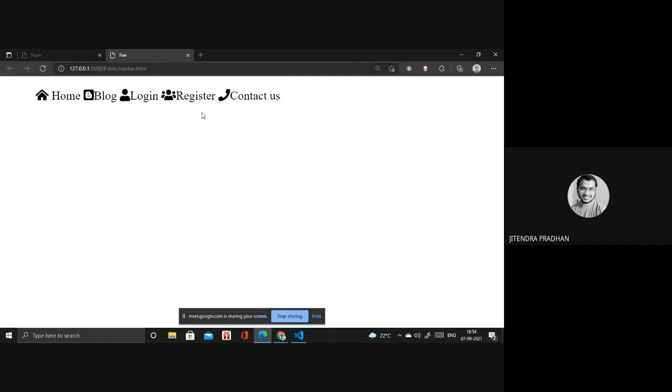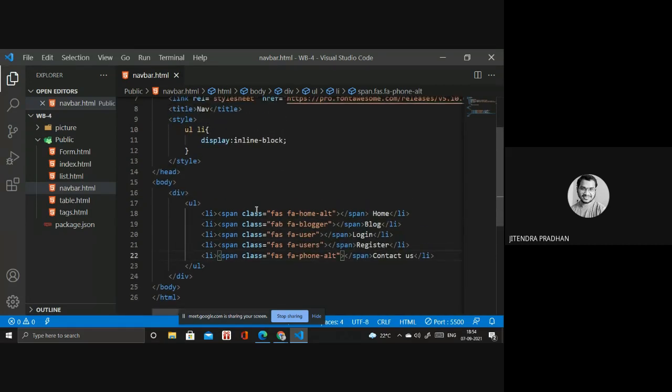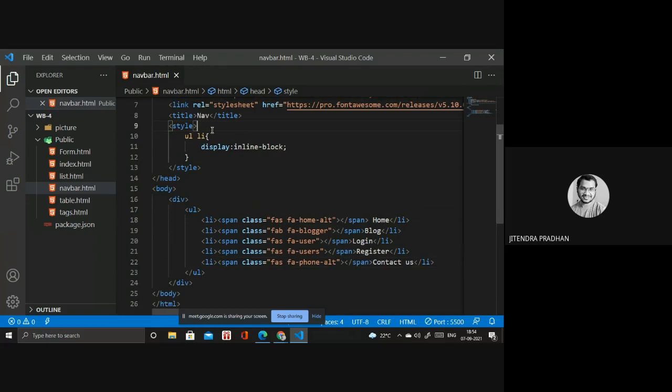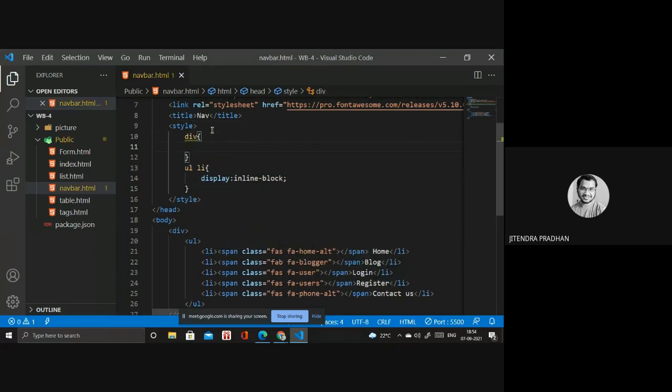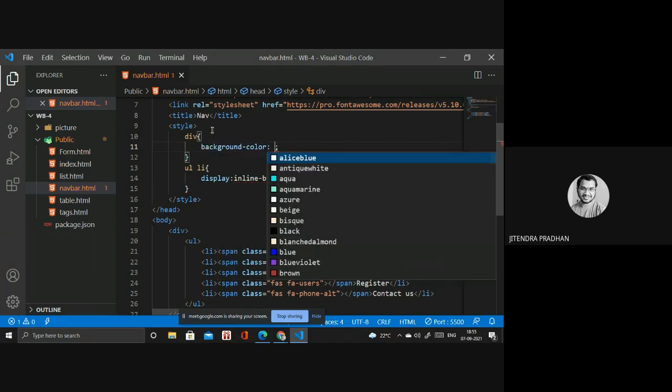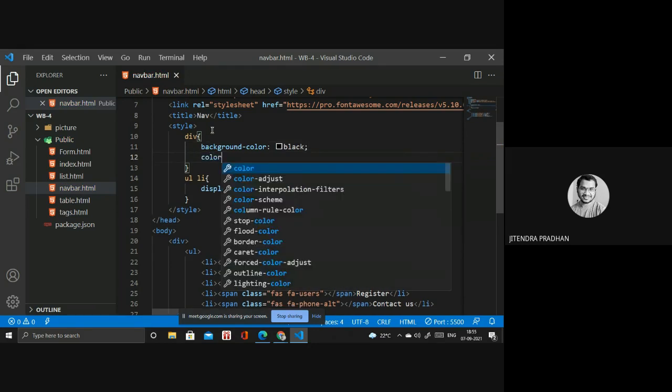Okay, but we need to assign them to the left side or right side, whatever you require. You have to do these things. So before that, I will design a div also. Inside the div, I will use a particular background color. The background color is black. Inside, the color is white.